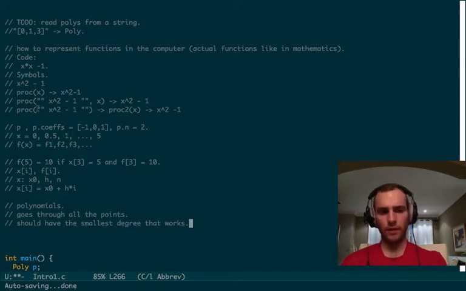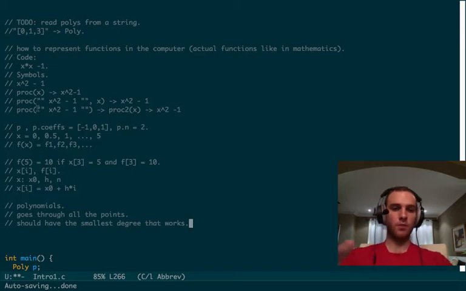But when we encounter a problem that requires more sophistication, we'll just use more sophistication. For now, you have these values, you want to use all of them. The simplest polynomial will be the best, because you don't have any